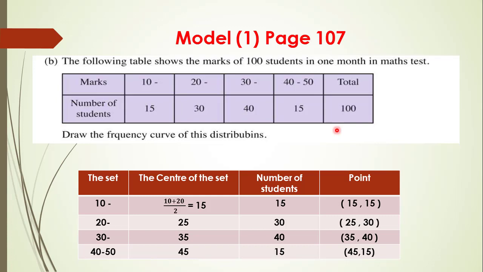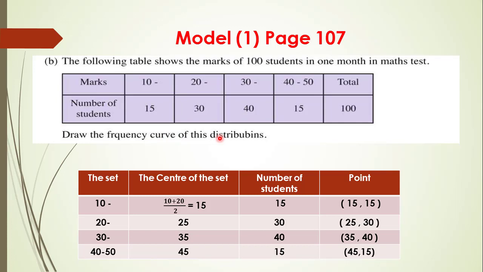Let's move to the last question. The following table shows the marks of 100 students in the math test. We have marks here. The sets are from 10 to 20, 20 to 30, 30 to 40, 40 to 50, and the total here is 100. Draw the frequency curve of this distribution. We said before,